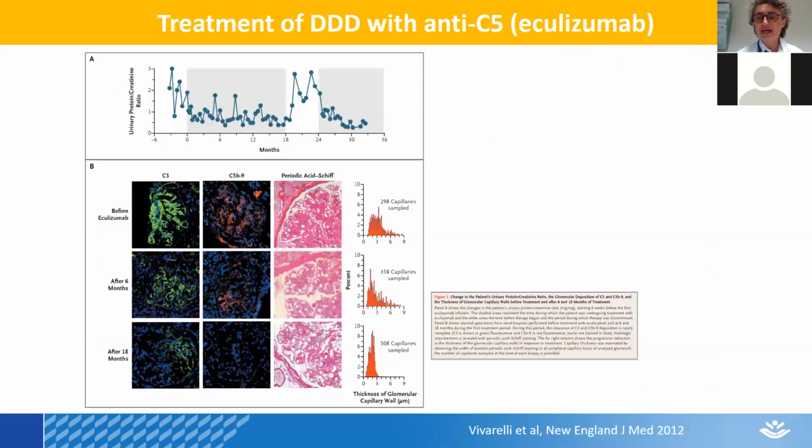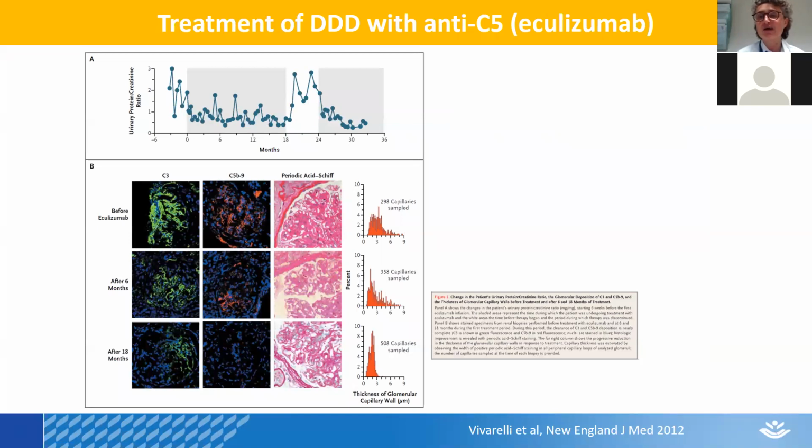So eculizumab is an anti-C5 monoclonal antibody, and it's the miracle drug for atypical HUS, which is a completely different type of kidney disease. But atypical HUS has some of the genetic features that patients with C3 glomerulopathy also share, though with some technical differences. This led to the hypothesis that eculizumab could be useful also in this family of diseases. And with our group in Rome, we treated the first boy that had DDD with eculizumab in